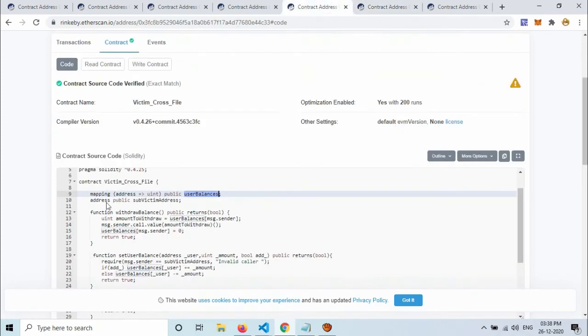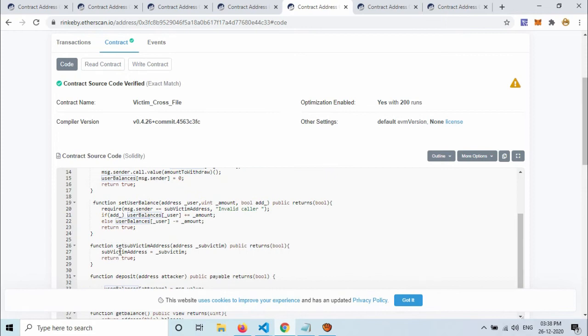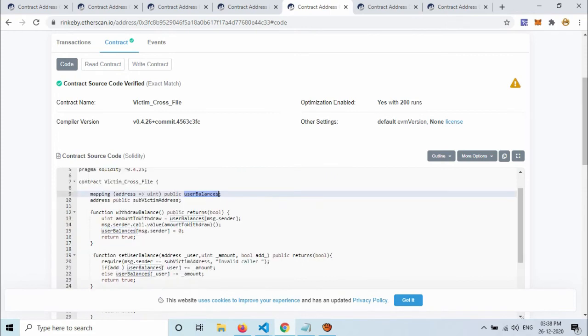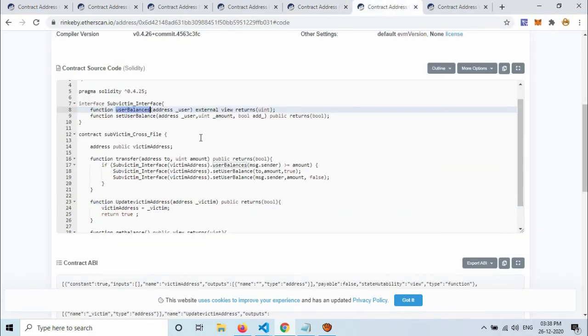So the first call will go to this contract for withdraw balance, and the second call will go to this contract for transfer, and due to this transfer, the user balance will be updated through this line.